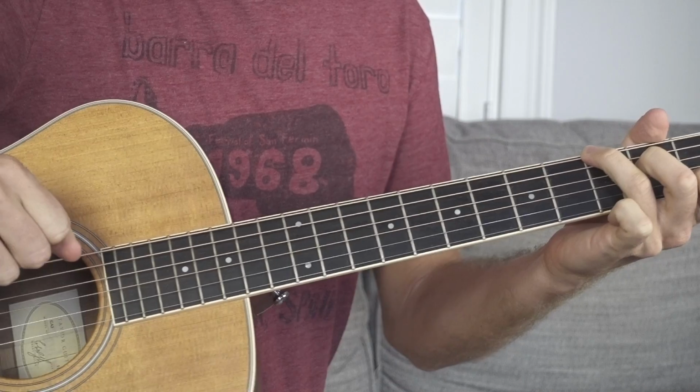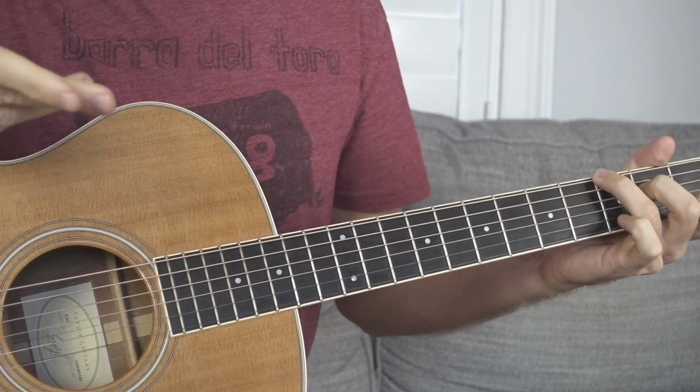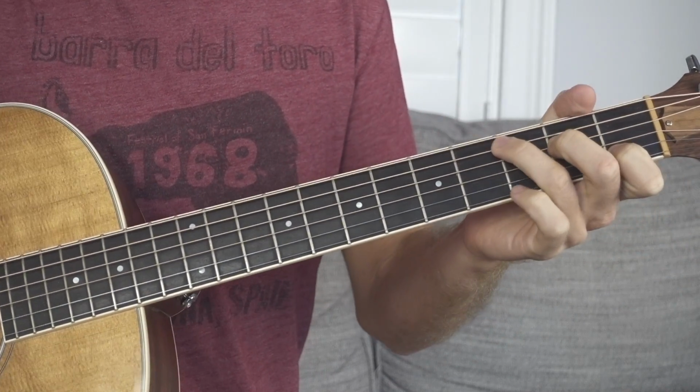The notes that make up a C major chord are C, E, and G. When you take our root note, which is also our bass note right here, and move this a string lower, that's grabbing a G, which again is another note in that chord, so it's always going to be fair game. So now,